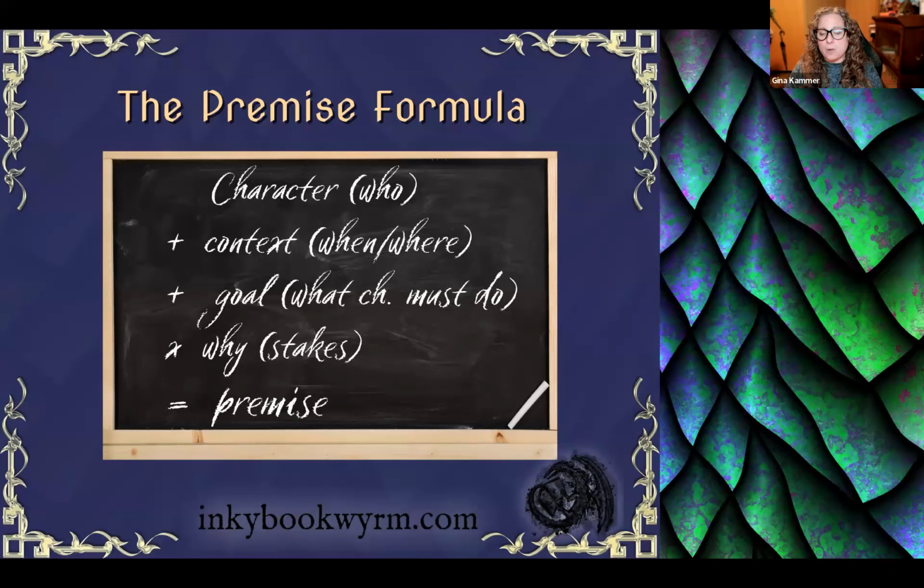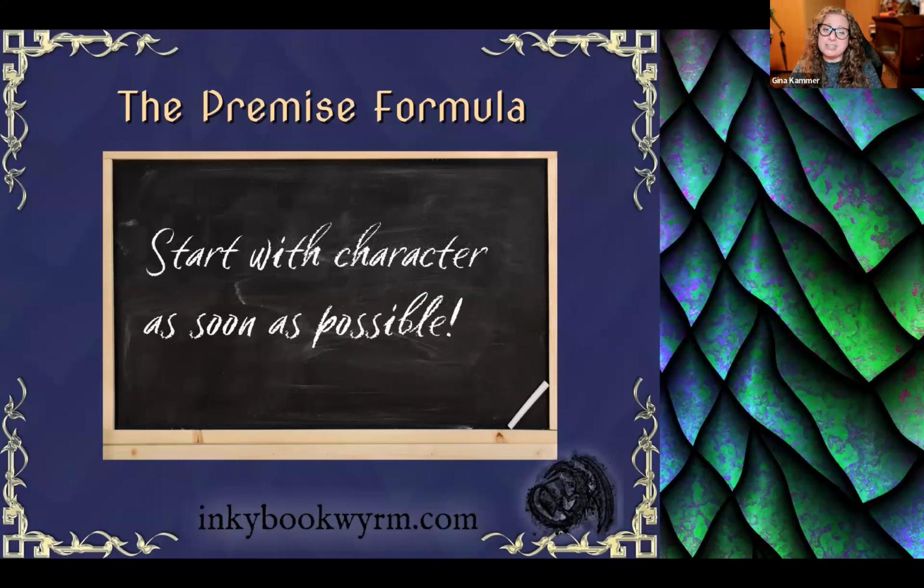And note that the when and where are the loosest identifiers, which can be merged together or be substituted for context or situation in the premise. But my recommendation is to start with a character as soon as possible. Just like in your story, a reader can't care much about the other pieces until they have a character lens to judge whether they're favorable based on that character's goals and the story world.